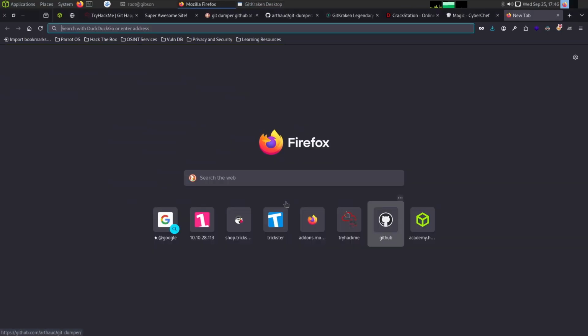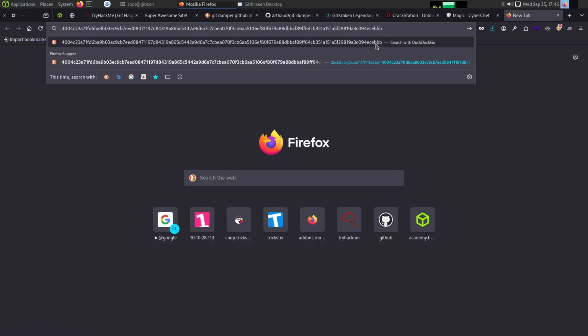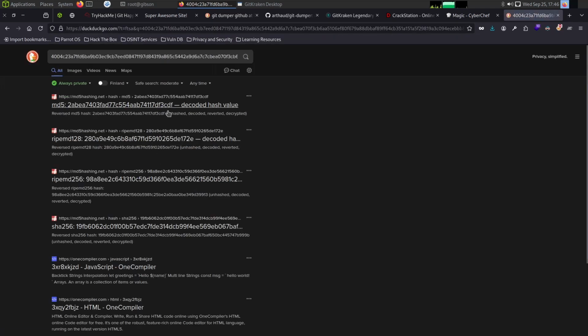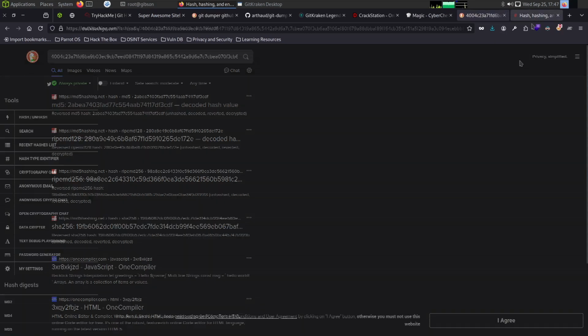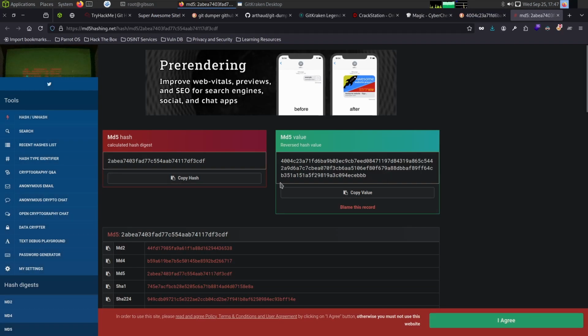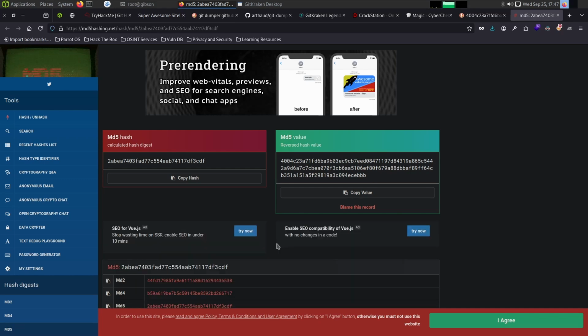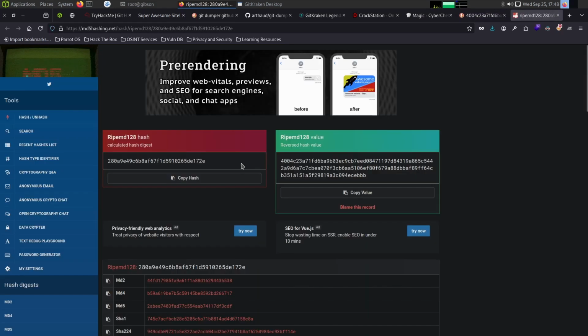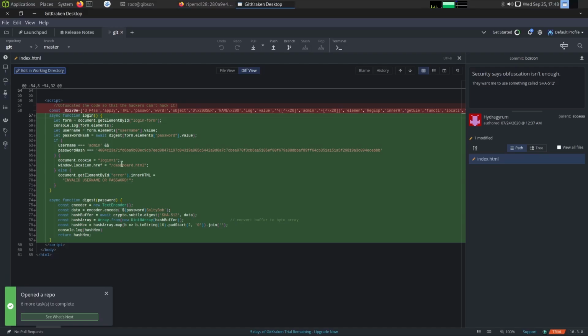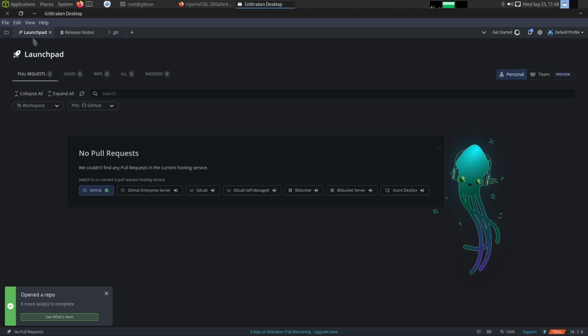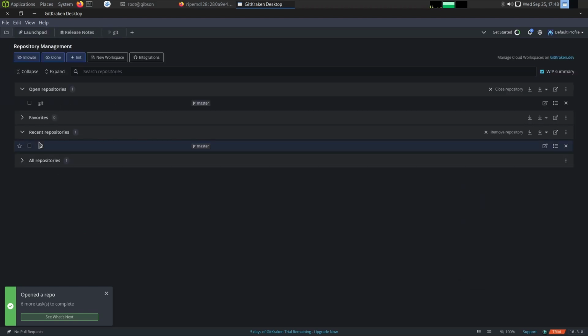We can also go to the internet and just try to type in this hash, and we can see this could have been encoded in MD5, and let's see, I don't think it's the right hash, and I think it's the same thing, so we are going to be moving on to the next commit. And the next commit, which has a comment, is called